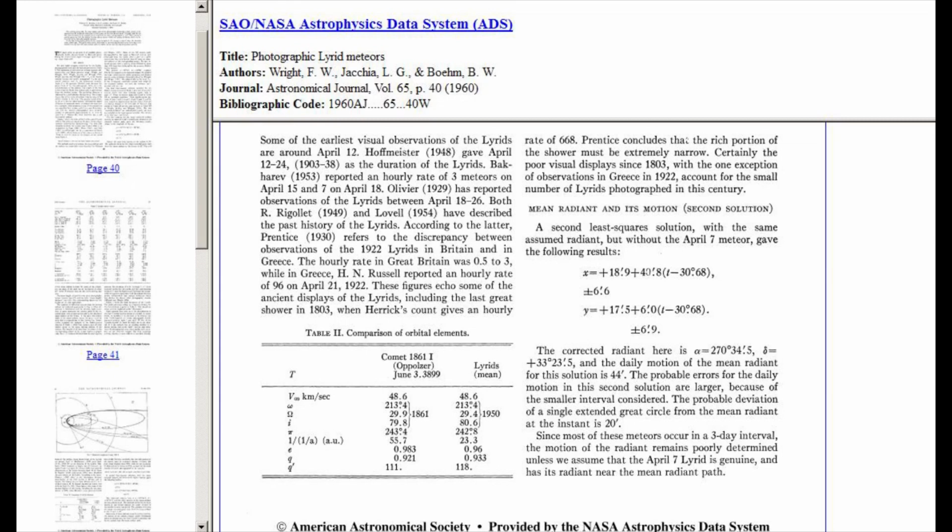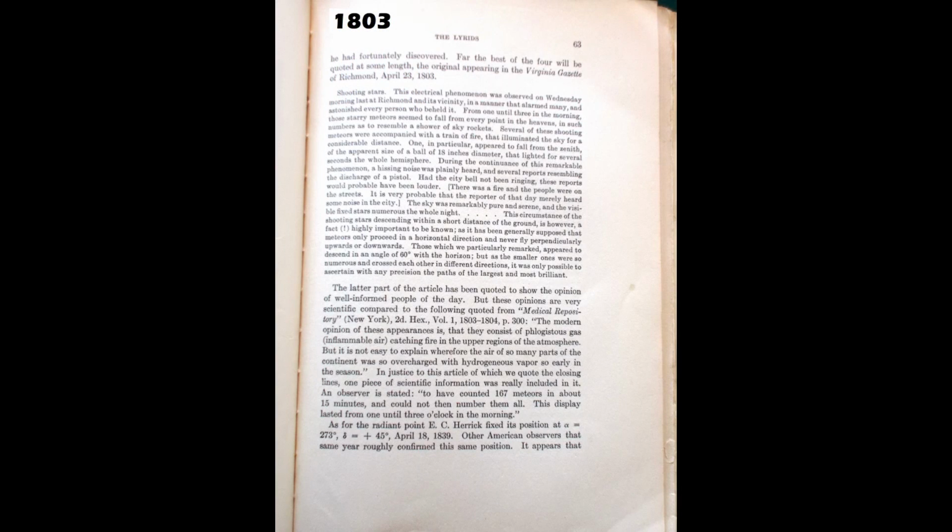And if we go back one more year, to 1803, I'll leave you to read this if you want. It's again from Olivier's book, about a meteor shower seen from America, in Richmond in fact, in 1803, and that was really the most spectacular of them all. And this led people to conclude that the particulate matter in the stream of the Lyrids is very condensed in some places, and obviously in 2020 we want to make observations of that to ensure that we complete the historical record.